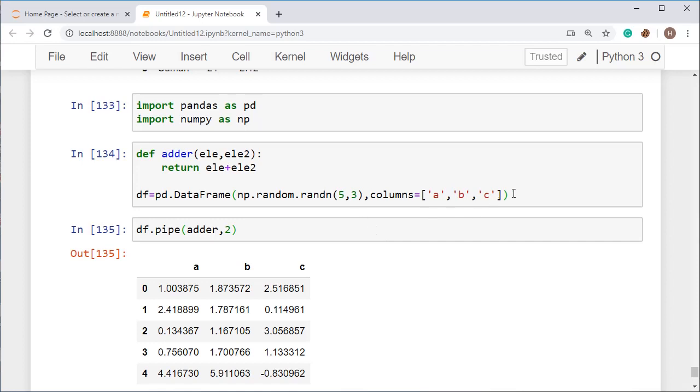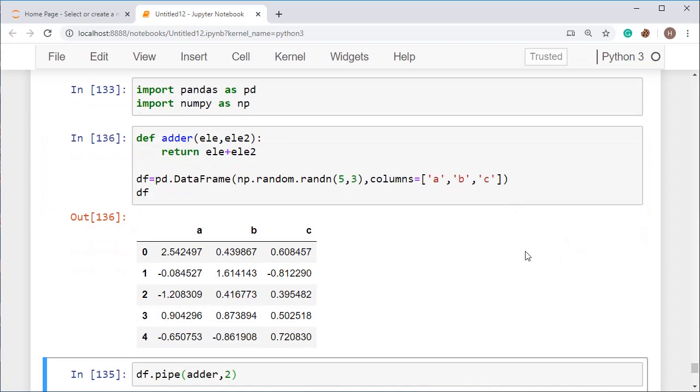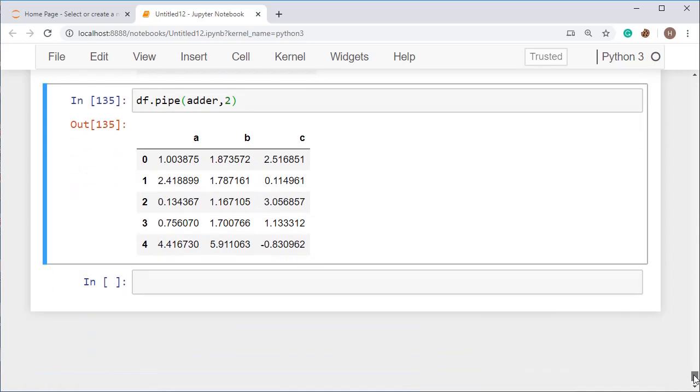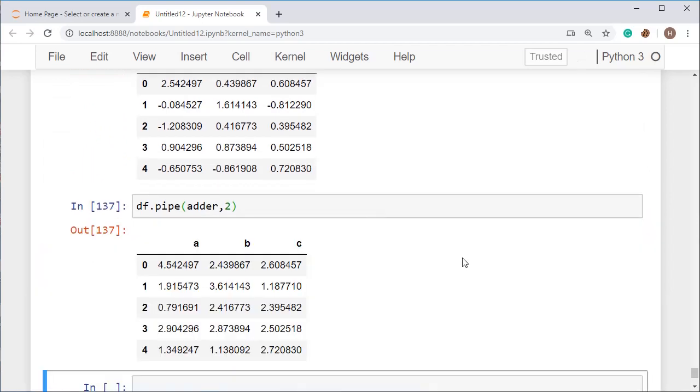You want to see the value first, so see here, df is equal to this one, and the value is like this. Okay, so for the above given value, the result is like this. What has this actually done? It has added the values using the function.